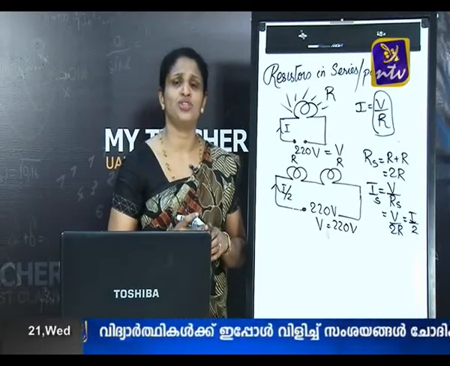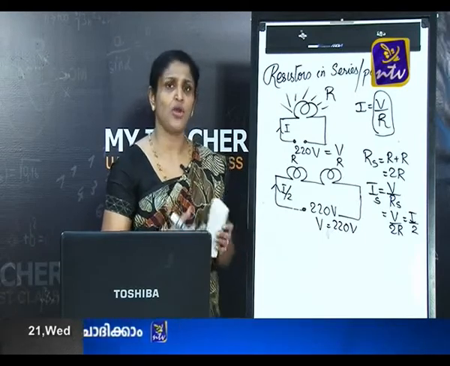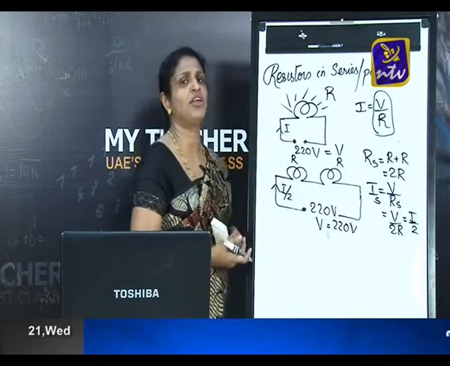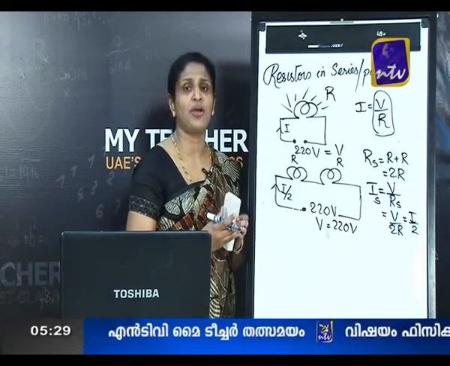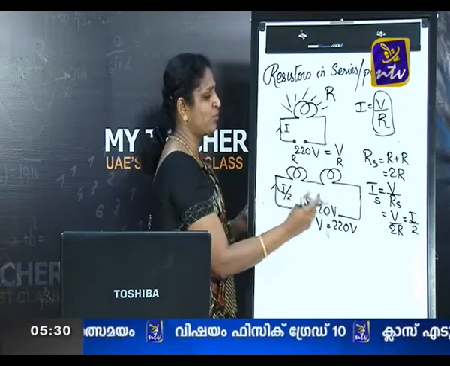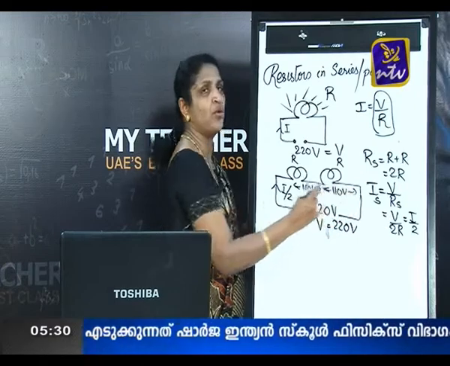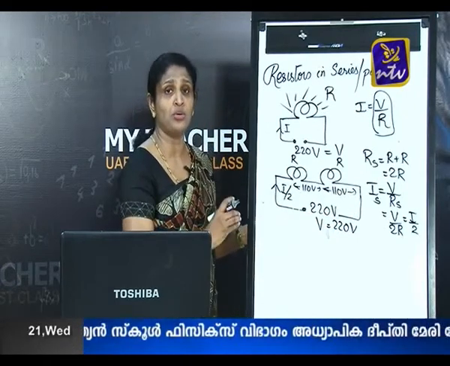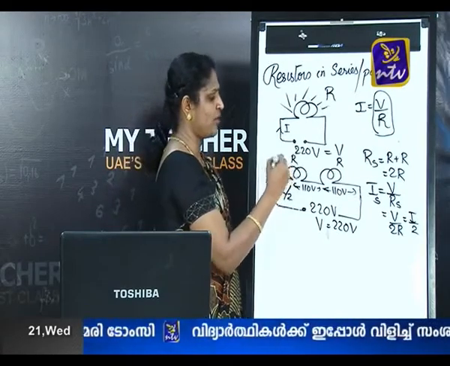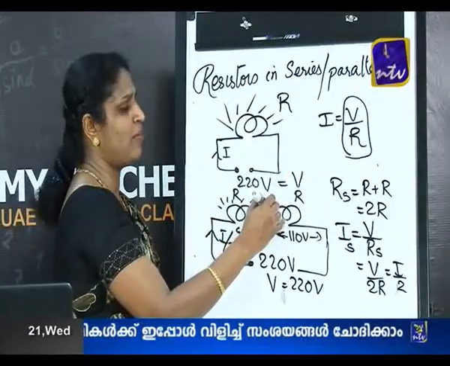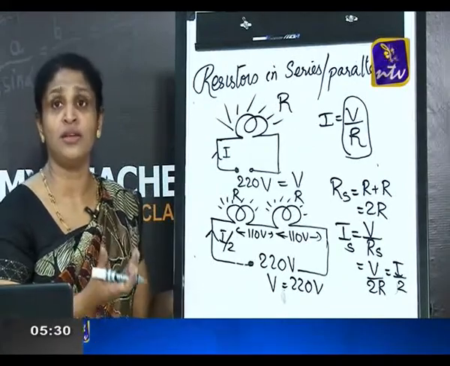The bulb will glow, sure it will glow again, but only with very less brightness, not glowing exactly like before when you gave exactly 220 volt. But now the voltage gets divided. Out of 220, the first bulb gets 110, the second also gets 110 only. Because of that, the current through the circuit becomes exactly half of the previous value, and because of that the glow of the bulb will be comparatively less. This is the effect of connecting two bulbs in series.